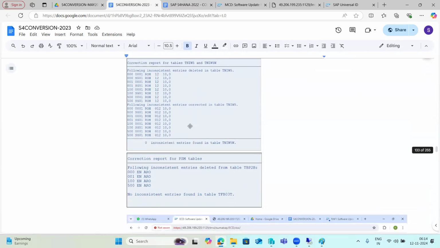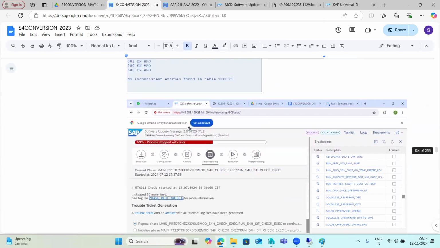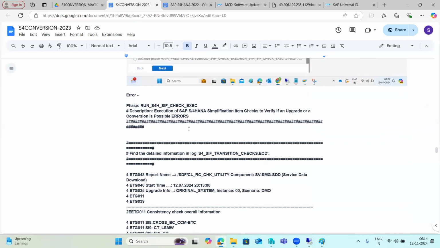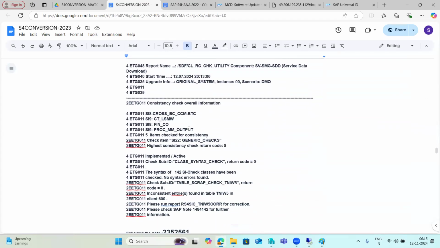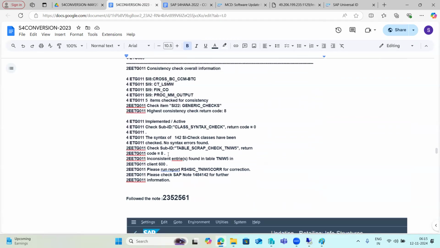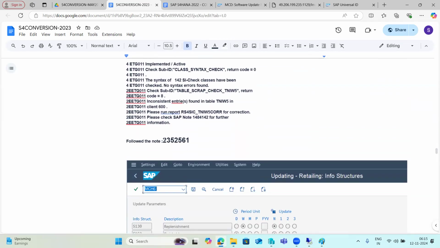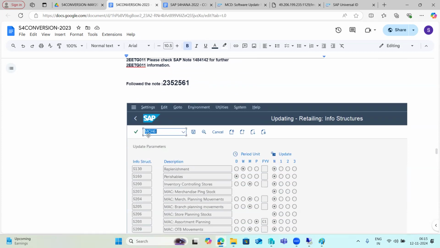Then see here, this is also we have done. Then what is the next step here? Next step, followed the note. As per the note, go to the